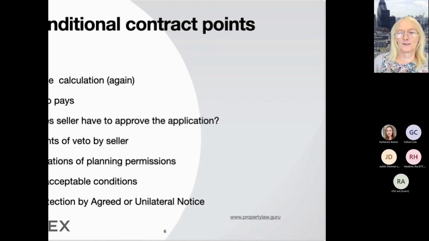And the difference was whether they had to pay £11.5 million or not to buy the land, and they lost. So they had to pay the £11.5 million. They couldn't rescind. They had to buy the land, even though they didn't want it, because the only way they could rescind it is if none of them had been discharged by that date.